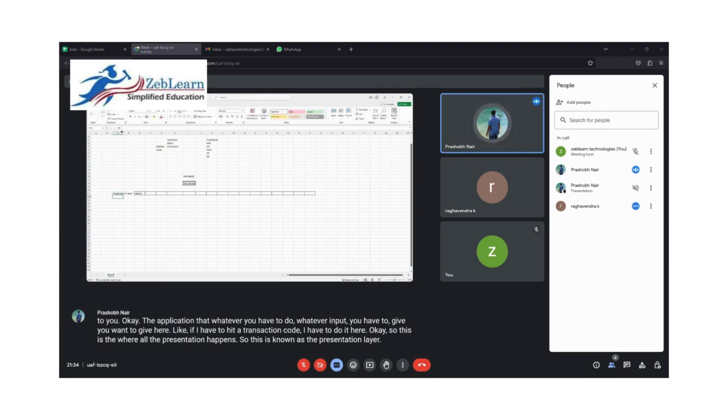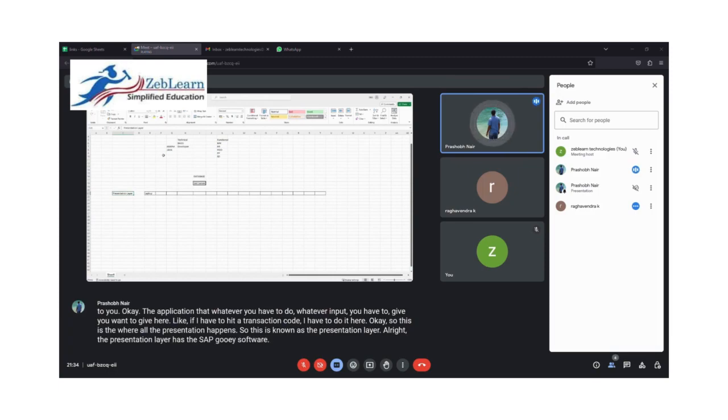All right, the presentation layer has the SAP GUI software, or if it is a Java system, basically